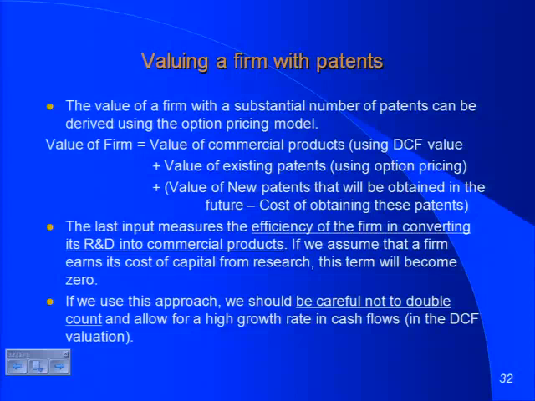I've seen people value pharmaceutical companies using conventional DCF value. Let's take Biogen. They'll use a conventional DCF value, use a very high growth rate to get the projected cash flows, using as justification that they have Avanex coming through. So they come up with a value. After they come up with a value, they'll add a premium on top. So what are you doing that for? Well, that's a real option premium because they have Avanex as an option. You can't have your cake and eat it too.